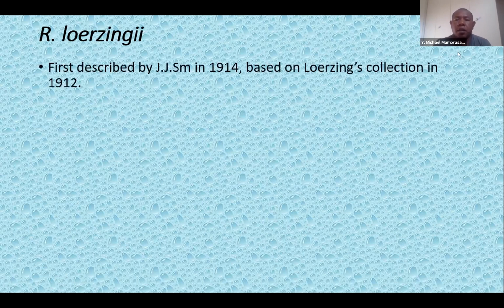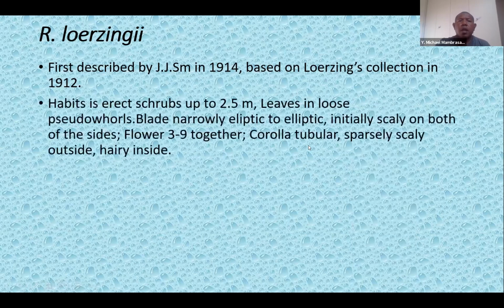Before I start, I want to introduce Rhododendron loerzingii. It is part of the Rhododendron Vireya group. It was first described by J.J. Smith in 1914, based on Loerzing's collection in 1912 from Central Java in Indonesia. The habit of Rhododendron loerzingii is an erect shrub up to 2.5 meters,